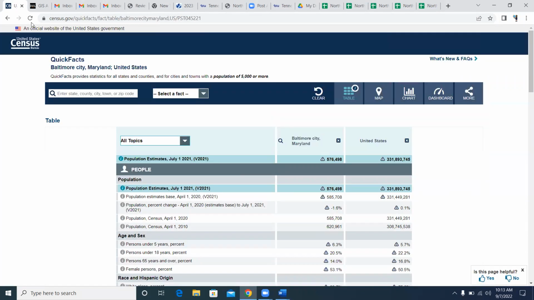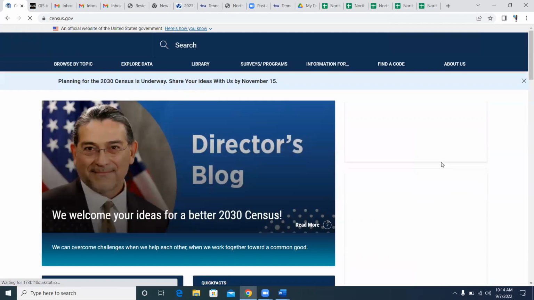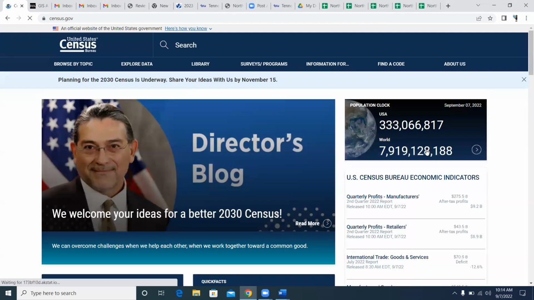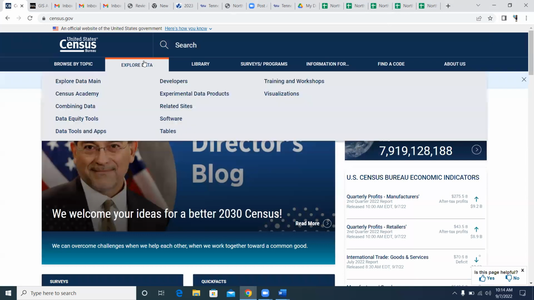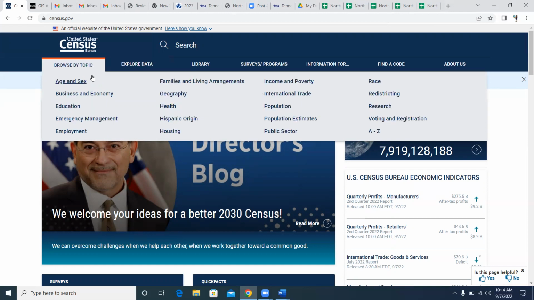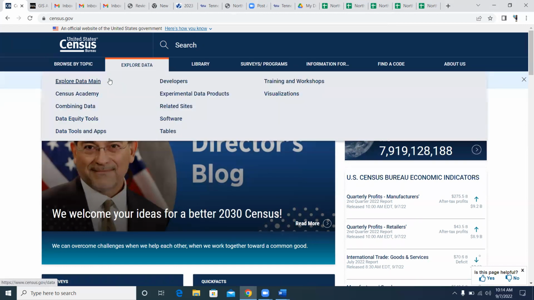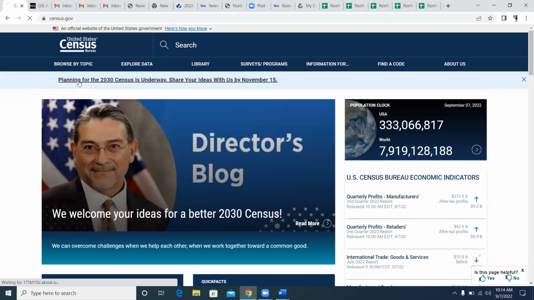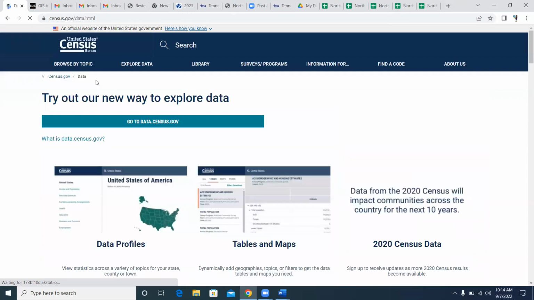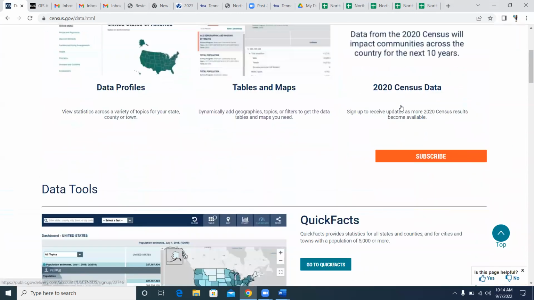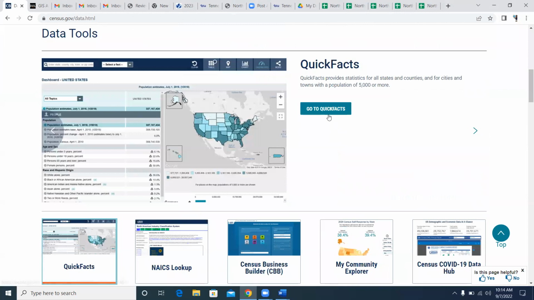So I will do that again, just in case. All right, let's walk through this again. You'll go to www.census.gov, Explore Data, hover over Explore Data, go to Explore Data Main, click on Explore Data Main, scroll down to Quick Facts, click on Quick Facts,